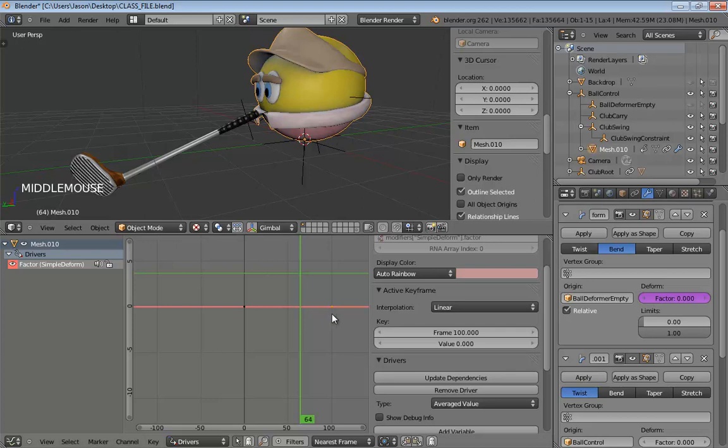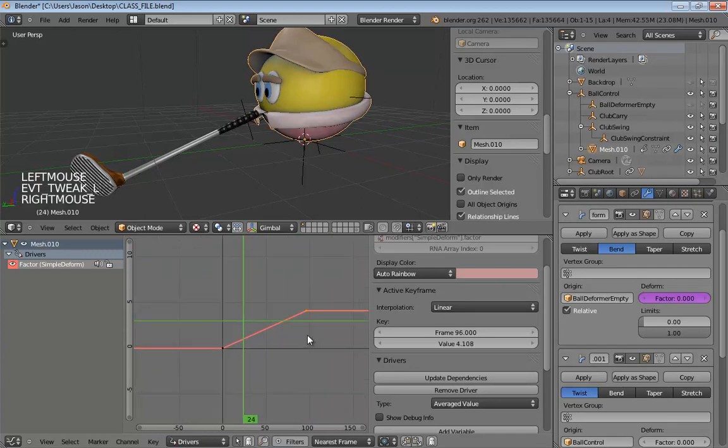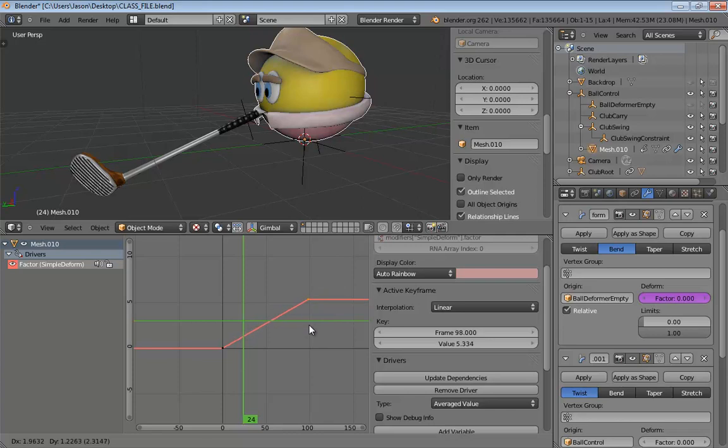What I'm going to do, though, you can also test it here. If you just take your value, you can move it around. So I'm just going to grab a random value. Let's just kind of slide this up. And I'm doing that just by dragging my left mouse button. You can also, if you want to, it's just like in the viewport, you can hit the G key and you can move this around. So pick a value, but make sure your frame stays at 100, right?